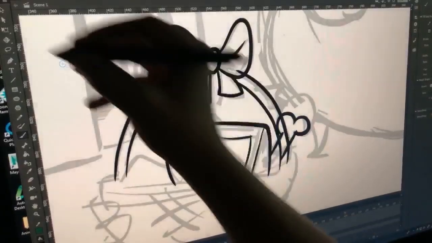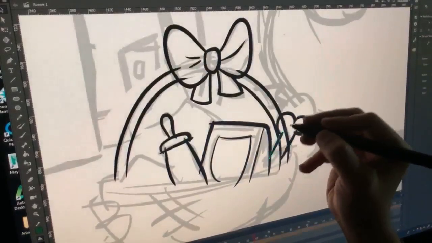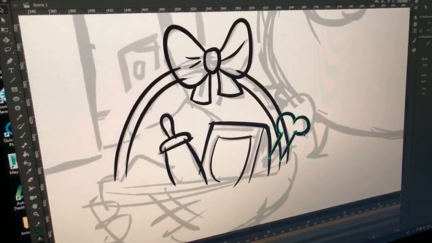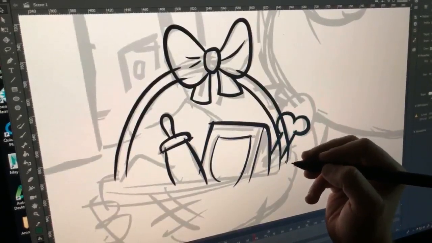There's a little bone here for the dog. You want me to say barbecue? I tell you barbecue.